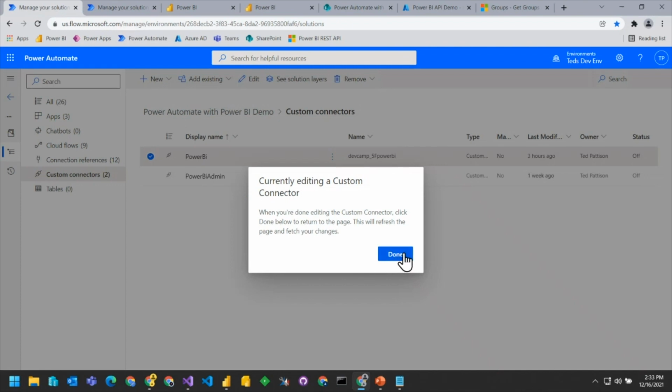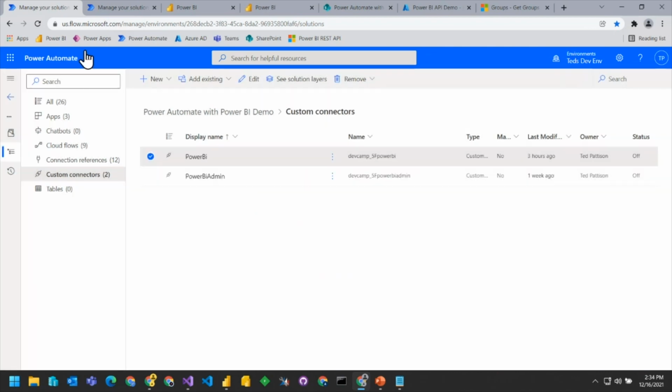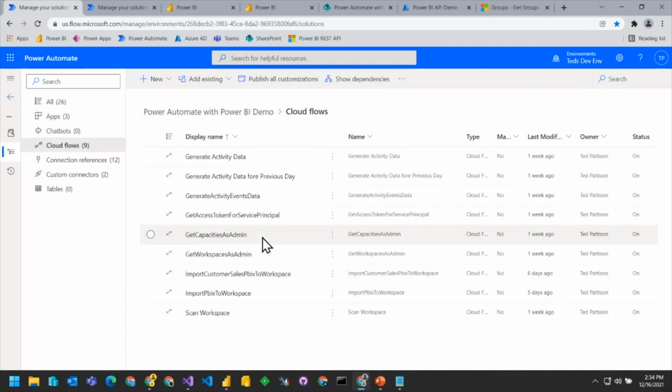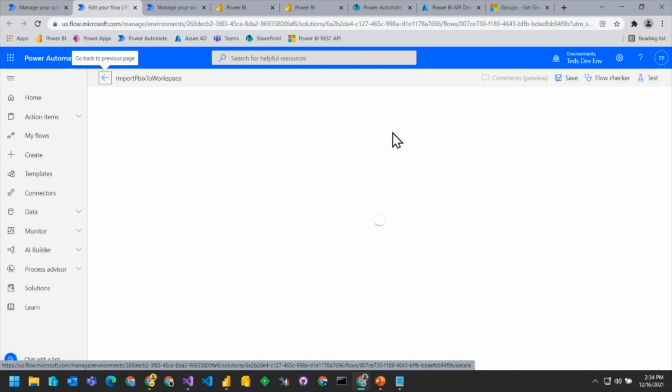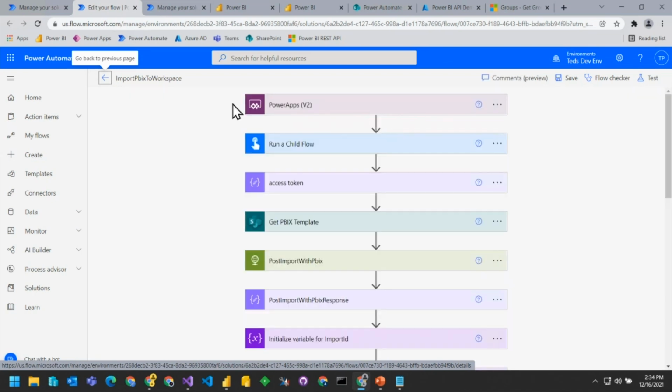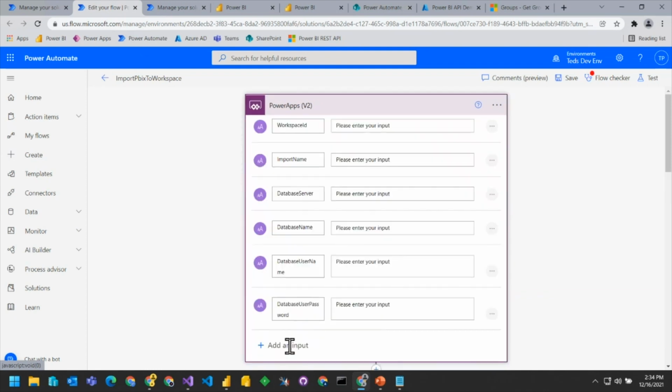What we're going to do is I am now going to go back into my Cloud Flows, and let's look at import PBIX to workspace. Now, the first thing to note here is that when you are going to call a flow from a Canvas app, something they did about a year ago is they added a new trigger, which is the Power Apps V2 trigger, and that allows you to add inputs.